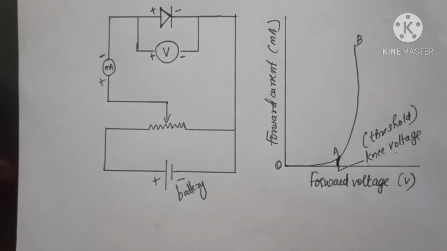So at that time it will reduce the depletion layer. The width of the depletion layer is very much reduced, and as a result the charge carriers get mobility. Understood? Because of the mobile charge carriers, it is able to conduct. Conduction is possible in a diode. Clear? So this is forward bias characteristics. Now we'll check the reverse bias characteristic.